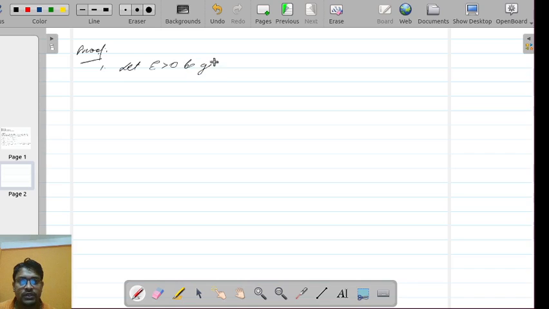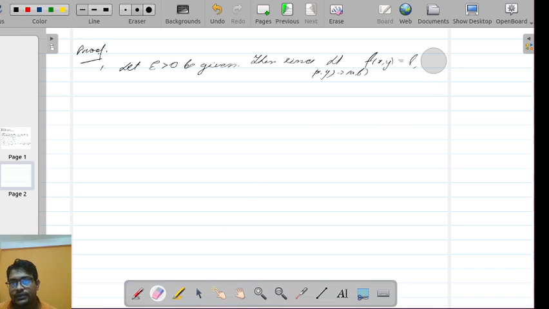Since the limit as (x, y) tends to (a, b) of f(x, y) is equal to L, and the limit of g(x, y) is equal to M,